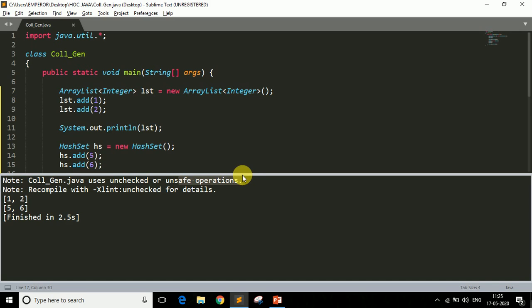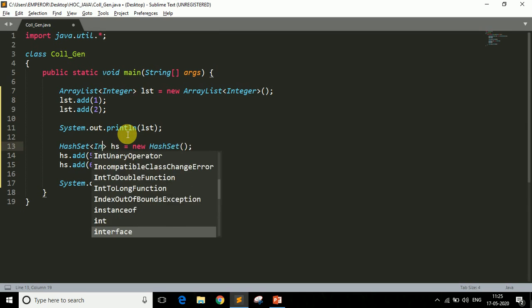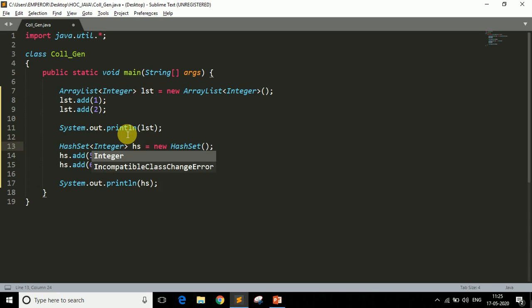That is because we have not used generics with this HashSet. But we got the set here. So let me first specify the data type, Integer for example, and again we have to specify Integer after this HashSet.